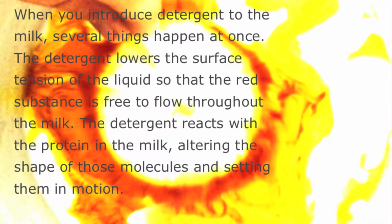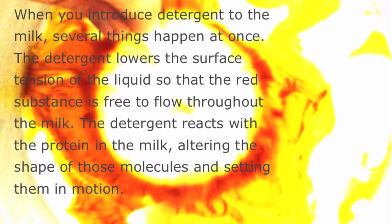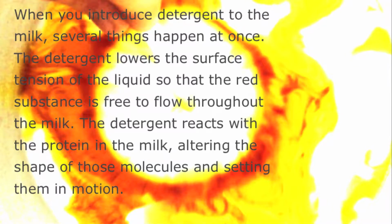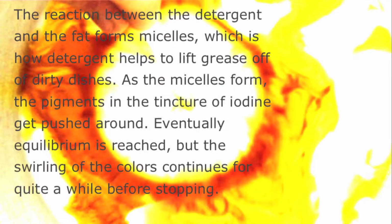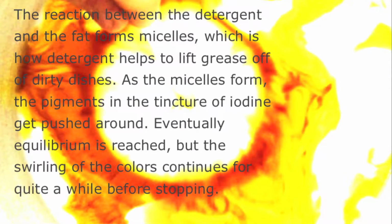The detergent lowers the surface tension of the liquid so that the red substance is free to flow through the milk. The detergent reacts with the protein in the milk, altering the shape of those molecules and setting them in motion. The reaction between the detergent and the fat forms micelles, which is how detergent helps to lift grease off